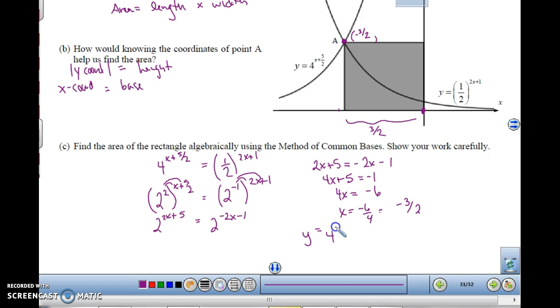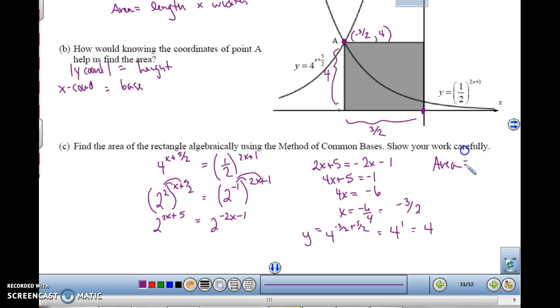4 to the negative 3 over 2 plus 5 over 2. That's going to give me 4 to the negative 3 over 2 plus 5 over 2 is 2 over 2, which is 4 to the 1, which is equal to 4. So that means my y-coordinate is going to be 4, and this distance right here, we go over 3 over 2 and then up 4. So my area